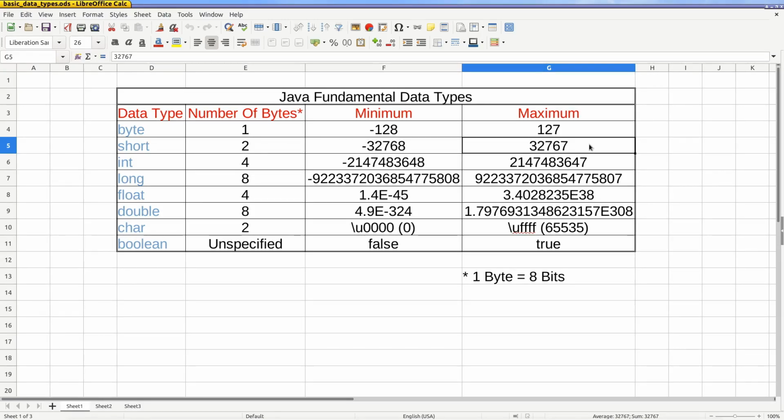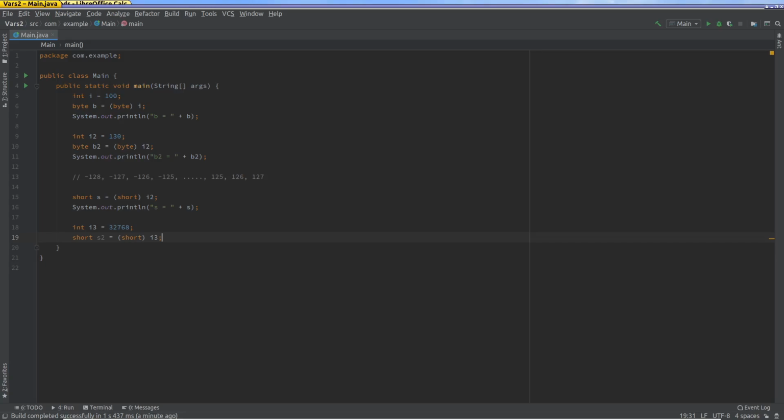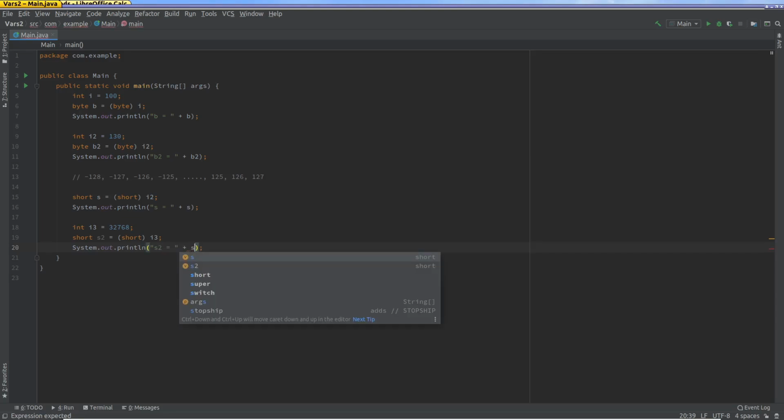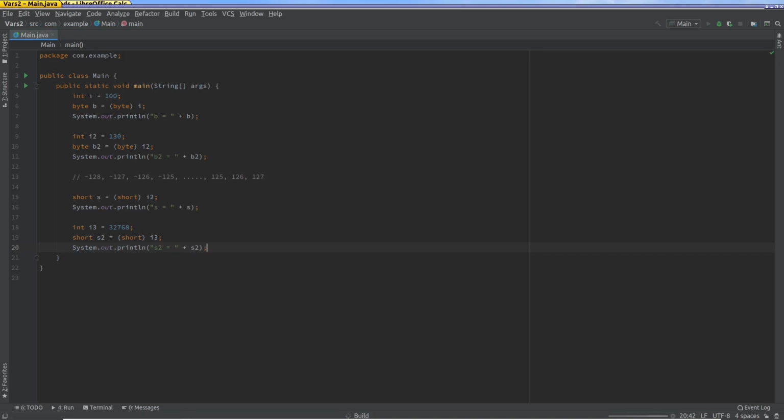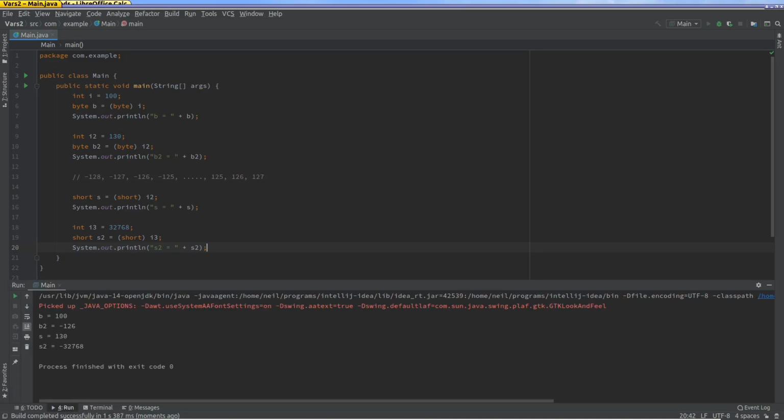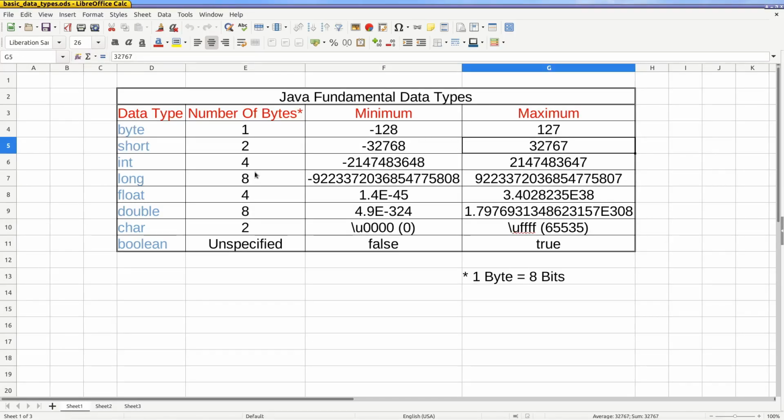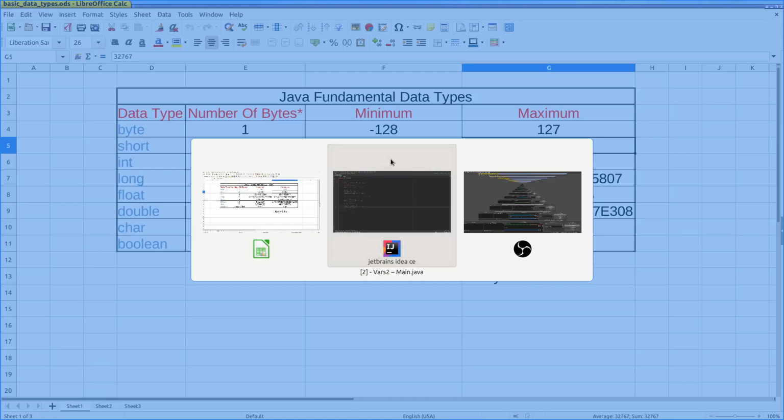So when we are doing these kinds of exercises, it is helpful for you to also think to yourself, what should be the value that will get printed out when we print this out, right? So let's say S2 is equal to plus S2, okay? And if you answered negative 32,768, which means if you answered that it wraps around, then that's the right thing, right? So this is actually how it would work if you had to save a long value into an int, right? So this is actually how it always works.